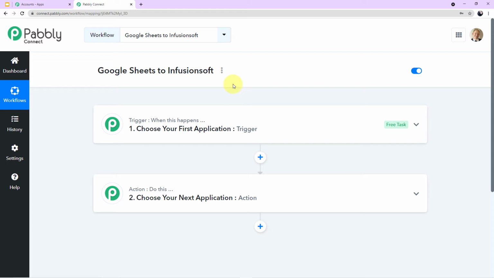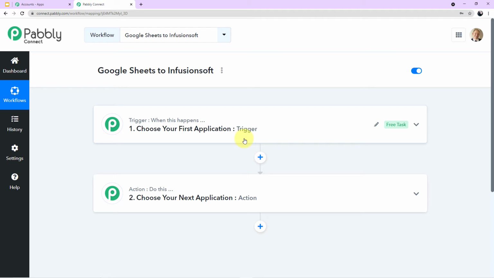Okay. Now, again, before we start with the process, let me first tell you what is trigger and what is action. Let's read out what is written here. Trigger: when this happens, choose your first application. Action: do this, choose your next application. Now, in this particular case, the trigger event will be entering data in Google Sheets.